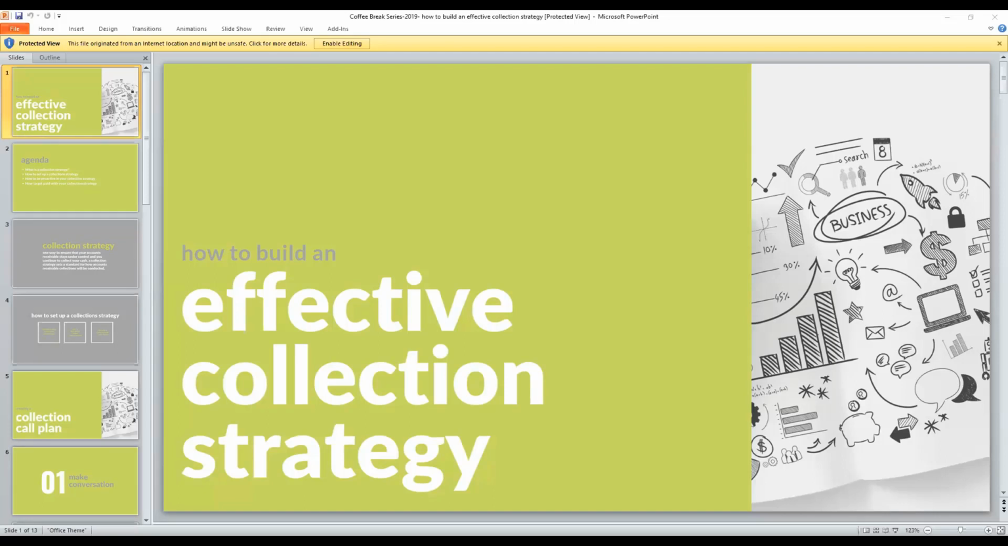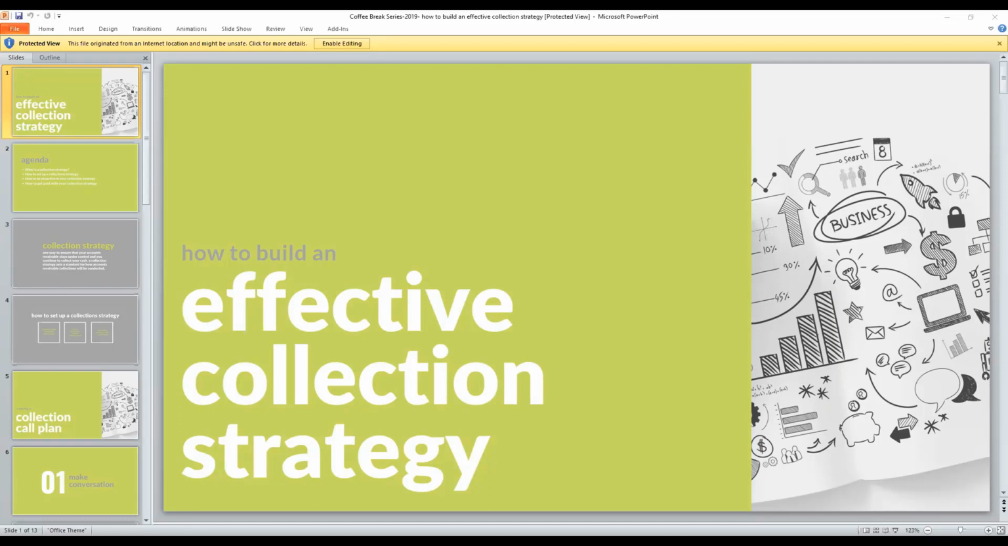So having this collection strategy in place is just really helpful for ensuring that the entire department is on the same page. Everyone knows when they should be calling and who they should be calling, and really what's that next step they should take to make sure that you're getting paid. So